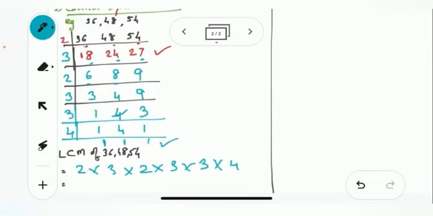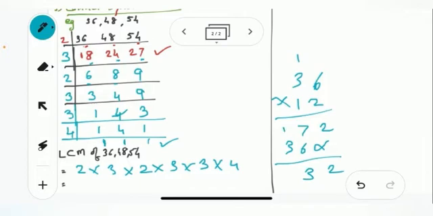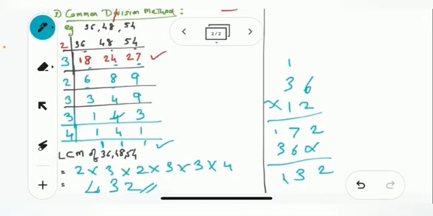And when you multiply, 3 2s are 6, 6 2s are 12, 12 3s are 36, 36 into again 12. So we will do 36 into 12. So 6 2s are 12, 3 in the 3 2s are 6, 1 is 7, 6 3s. So my answer will be 432. So my LCM will be 432. So this way we will be finding the LCM by the common division method.